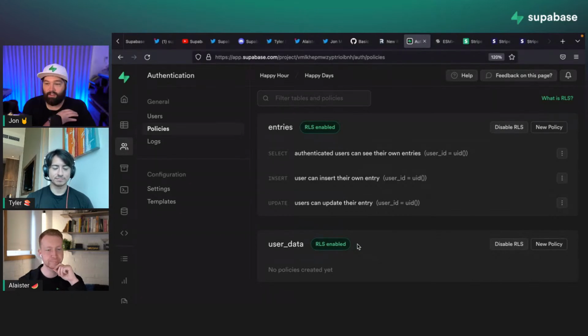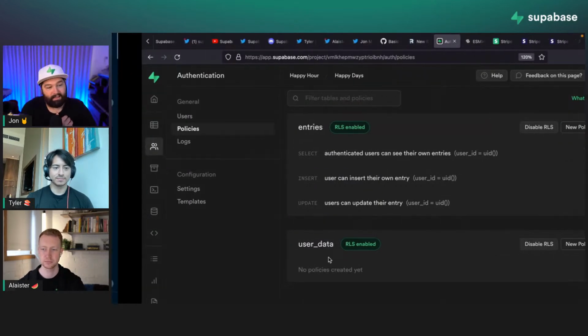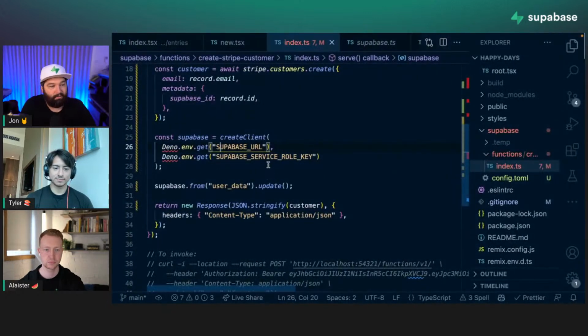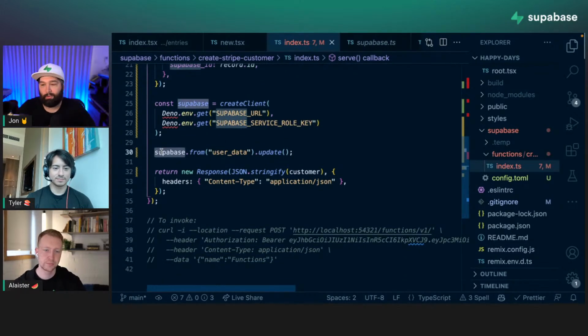You won't be able to select, insert, update, or delete any rows in this table unless you use the service role key, which bypasses RLS. That allows us to do things on behalf of the system rather than on behalf of the user. So this gives us a super admin Supabase client instance. And so then we're saying supabase.from user_data, we want to update